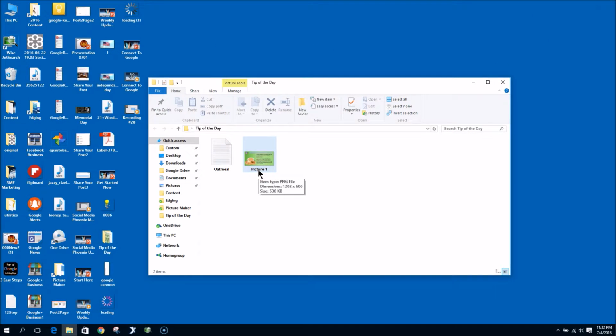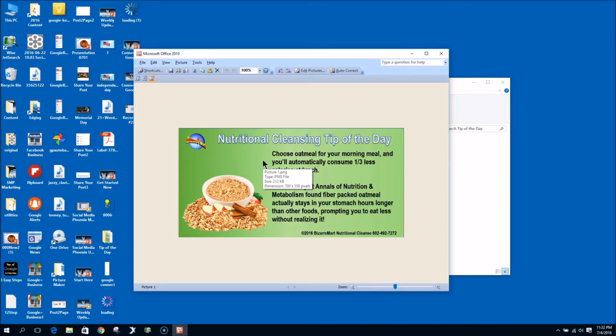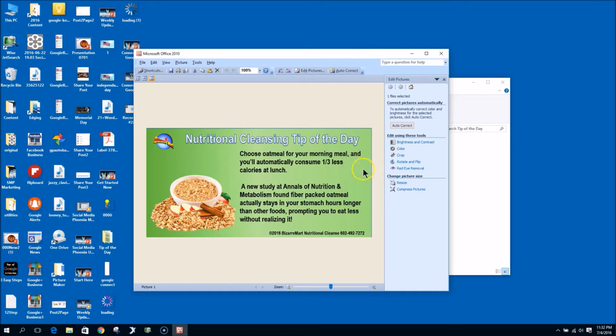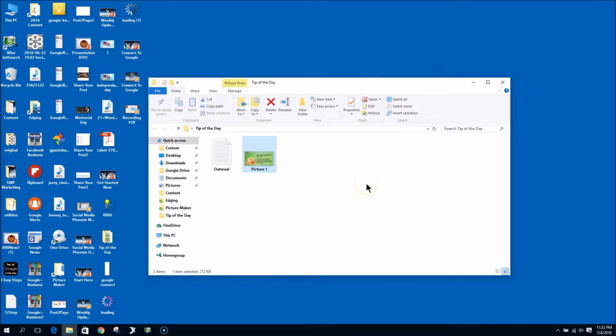Here's my picture, and notice when you save it, you don't know. If you download it off the internet, you're going to get a whole bunch of letters and numbers and things like that. Let's open it up. I want to make sure it's the right size. And let's see what size this one is. 700 by 350. Perfect. That's what I want. By the way, the best dimensions are 650 by 325. I like them just a little bit bigger, because when the internet shrinks them down a bit, it always comes out so much clearer.